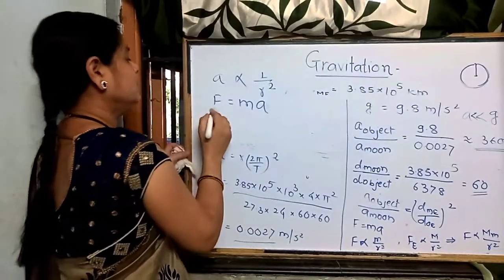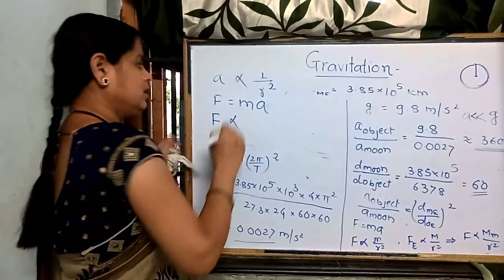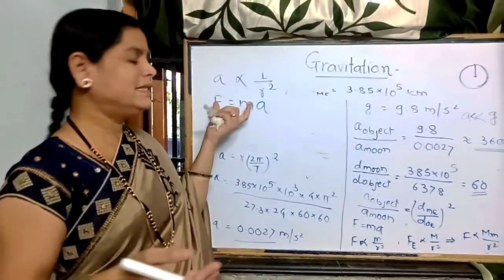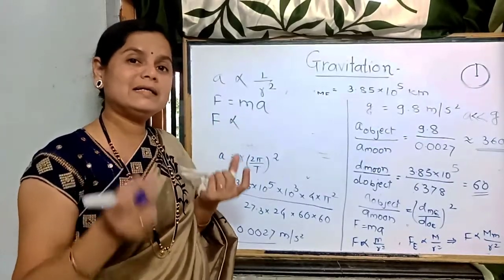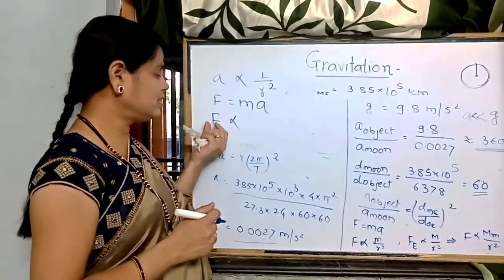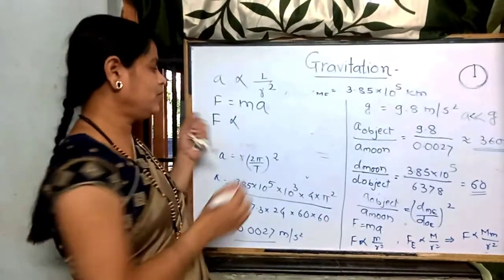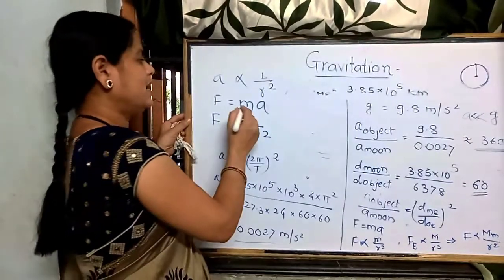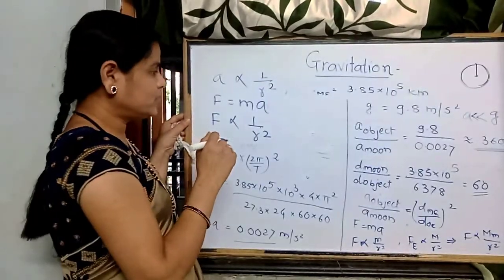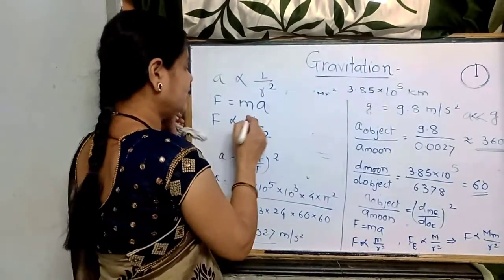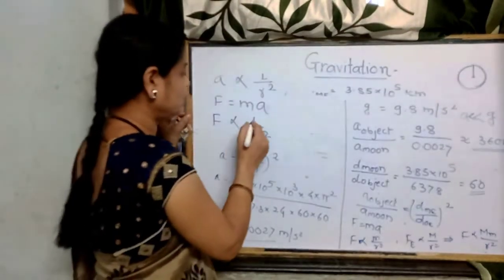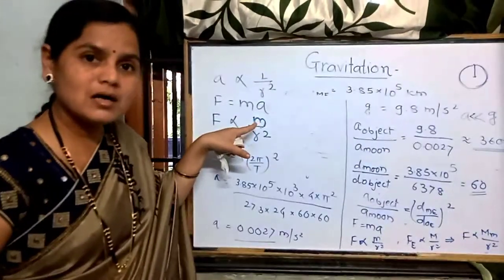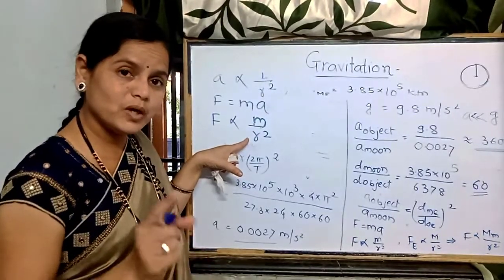What does it mean? This force is nothing but the gravitational force with which these objects are attracted towards the center of earth. Therefore this gravitational force must be inversely proportional to r square, and m is the mass of the object which is situated. Therefore we can write F is directly proportional to m by r square. Here m is the mass of the object and r is the distance between the object and the